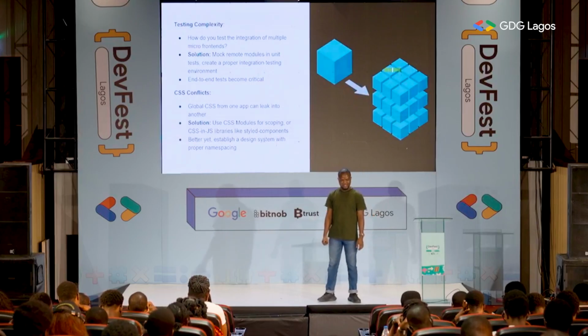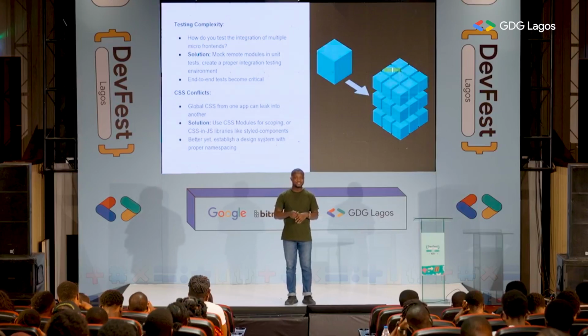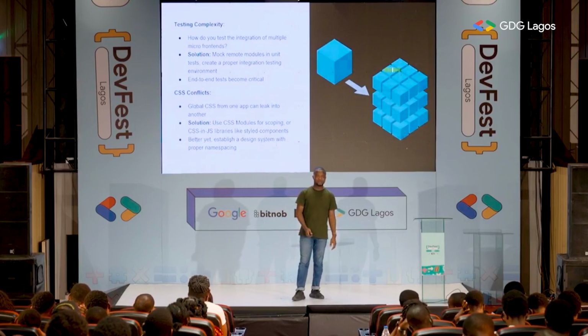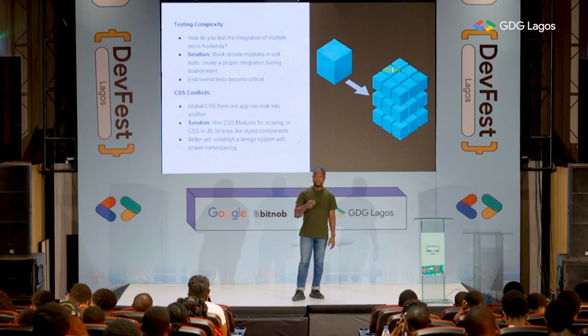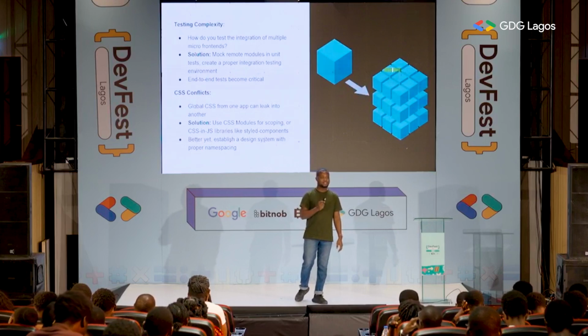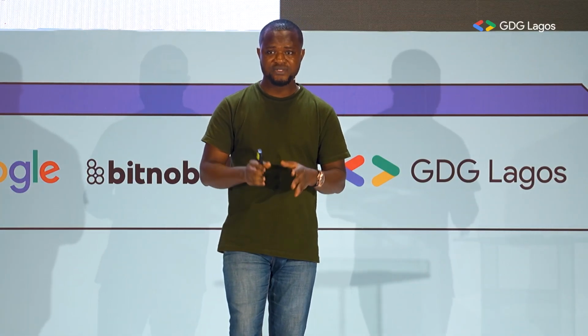And then CSS conflicts. You must be able to manage your global CSS within your shared application, and within your remote as well, you must be able to manage the CSS conflict very well. There are cases where you have to use different class names for your CSS. You don't use conflicting CSS. And as a distinct engineer, you must be able to build good CSS to ensure that different modules don't clash. For instance, the global CSS is well maintained, and then the CSS within your remote. And when I talk about remote, that's the different modules I'm referring to, right?